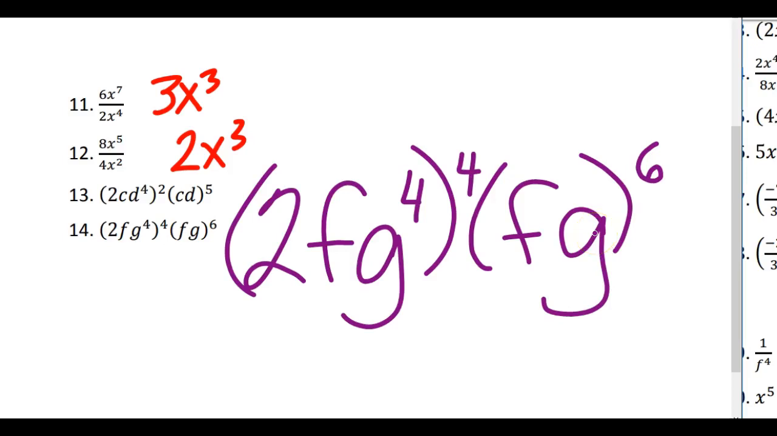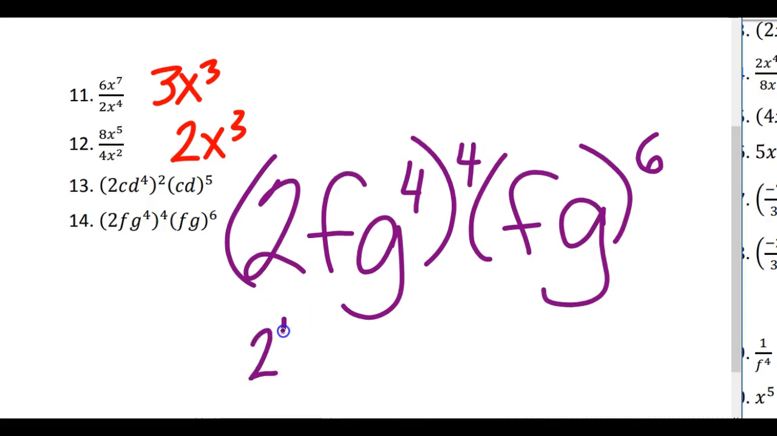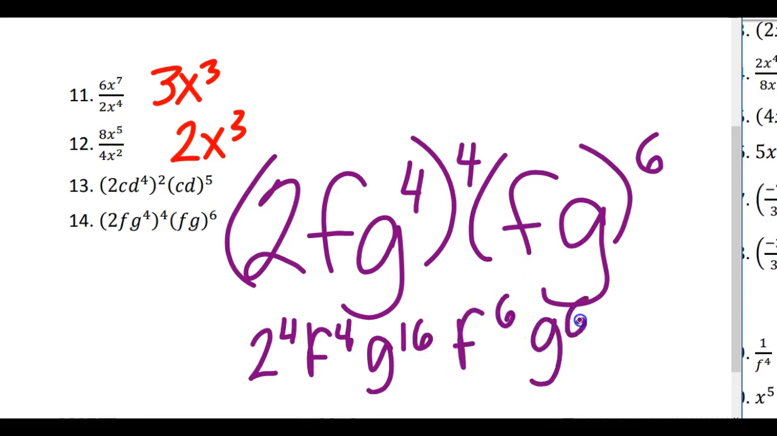Okay, Chase, how would we do number 14? So we first would get 2 to the fourth power times f to the fourth power times g to the 16th power times f to the sixth power times g to the sixth power. And then we would combine like terms and we would get,